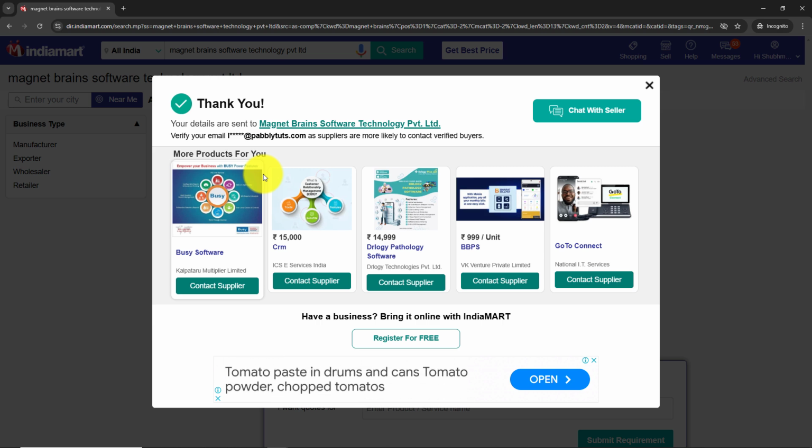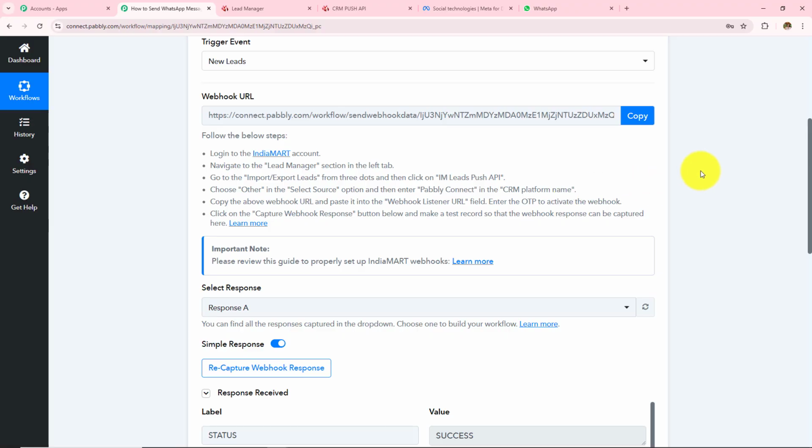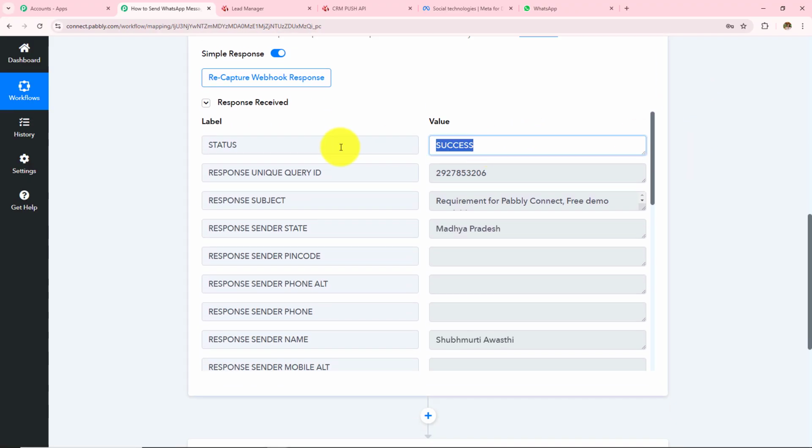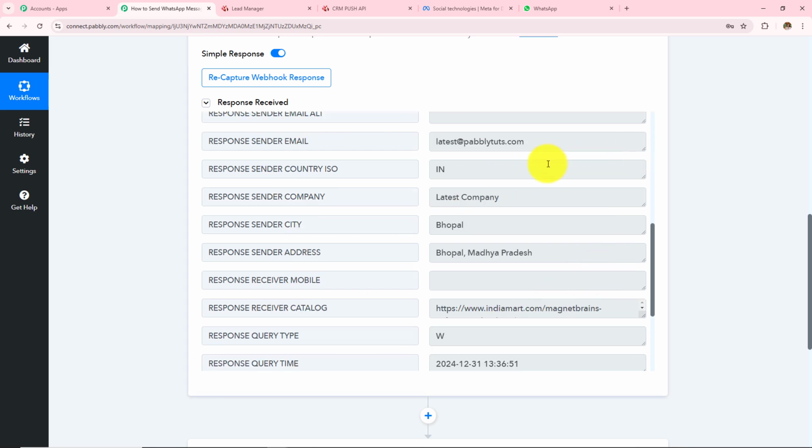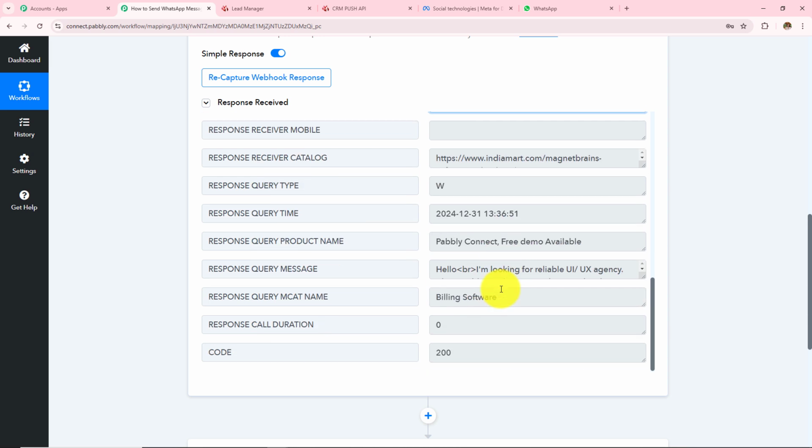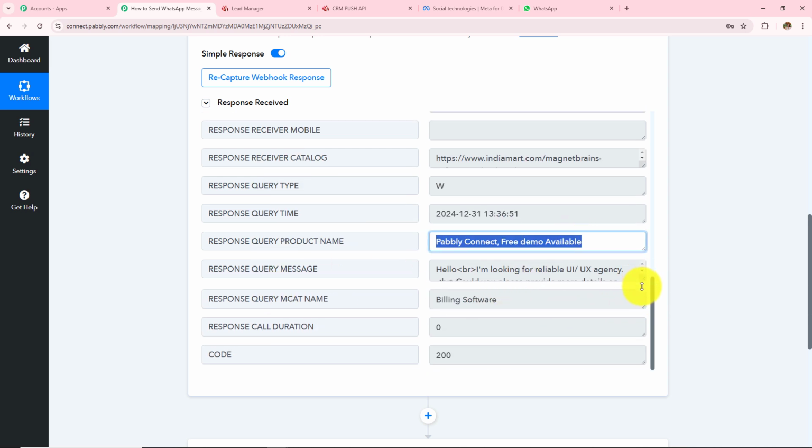So let's quickly open my Pabbly Connect workflow. And now if I scroll down, I can see that the status is success. I have received this response. I have received the unique query ID, and this unique query ID will be unique for every query that will be received. I have received the response subject, then the state as Madhya Pradesh, then the sender name as this one. I have received the phone number and the email address as latest@pablitudes.com. The company as Latest Company, city is Bhopal, and the address is Bhopal, Madhya Pradesh. Then I have received the product name as Pabbly Connect free demo available,